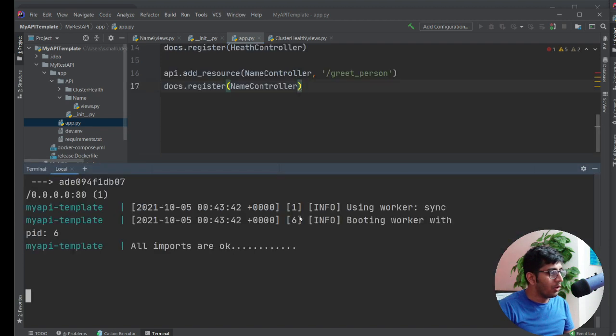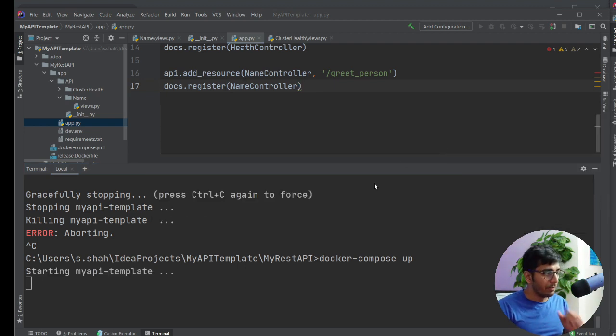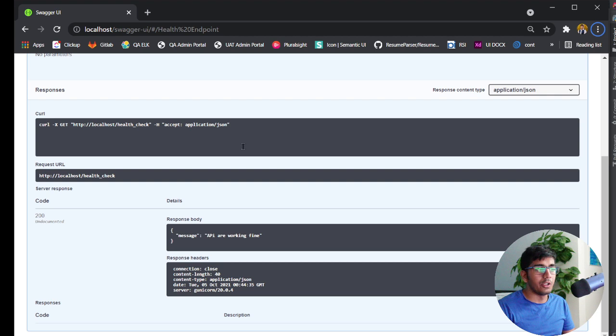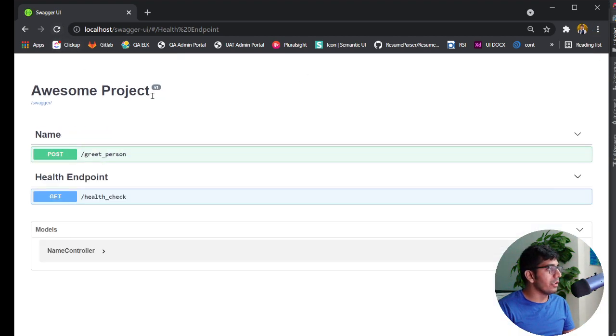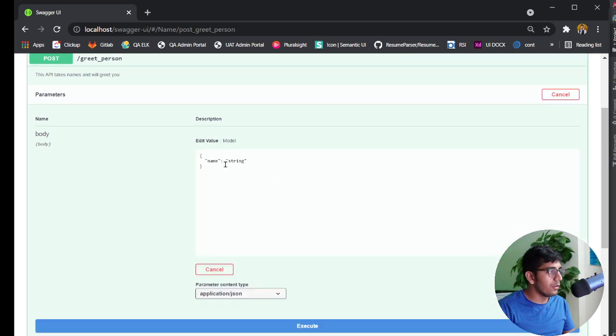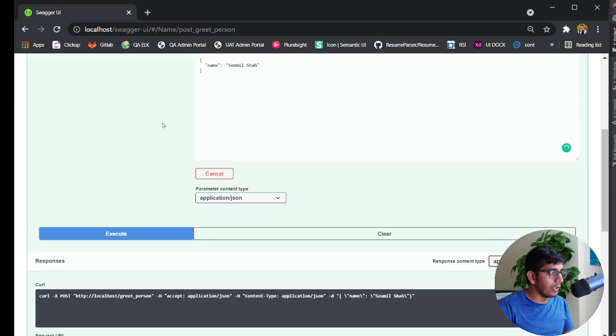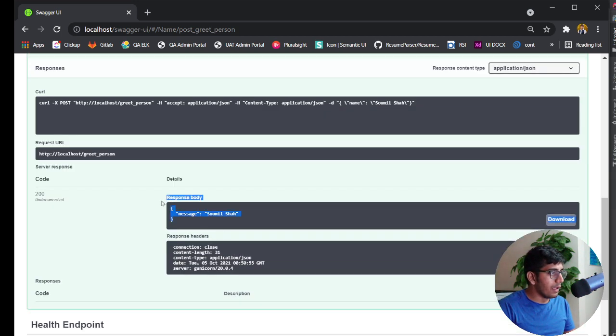That's it. Now, one important thing I would like to show you. Since we did a mount, you don't have to do docker compose build because it takes time. I can simply say docker compose up. This should take care. Let me go to my OBS and make sure we are recording, because sometimes I don't want it to stop. Now if we go to our Swagger UI, I'm simply going to hit the refresh button and beautiful, health endpoint and the name. Let's try this endpoint. Execute. And there you go, Saumil Shah.